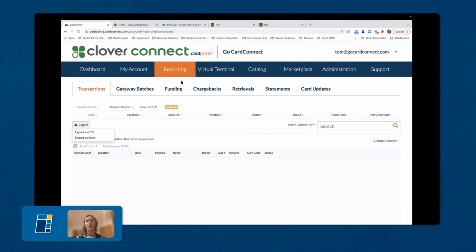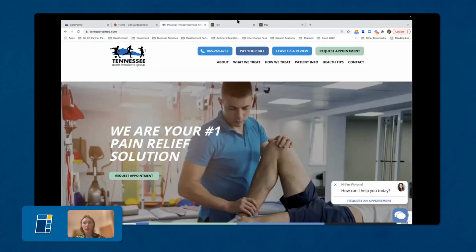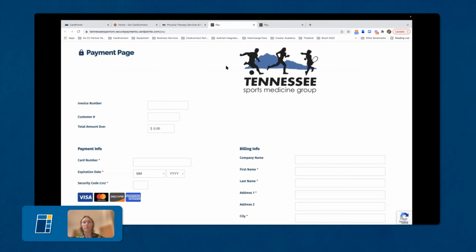That's exactly right. We have a lot of providers that simply just need to have a payment button on their website. They love this feature, and they would love to have just this payment option built for them, and we do that as well. Yeah. So we'll get to Trevor's question here in a second, but just on that,